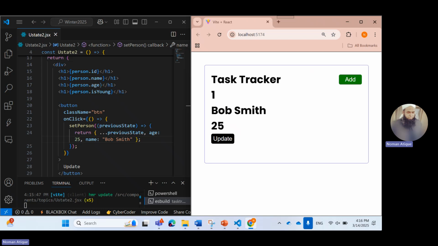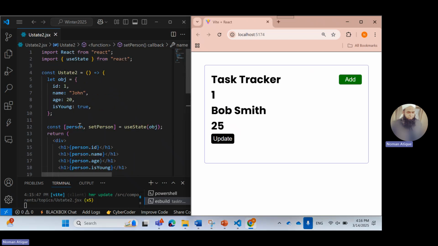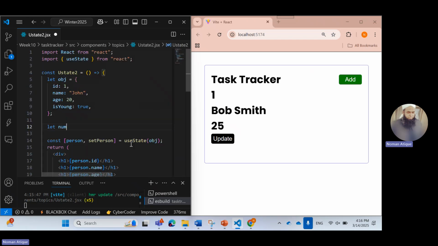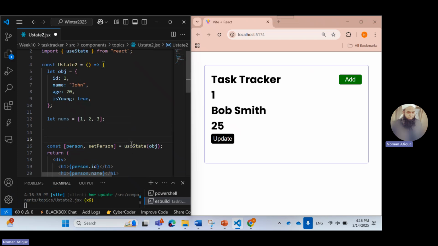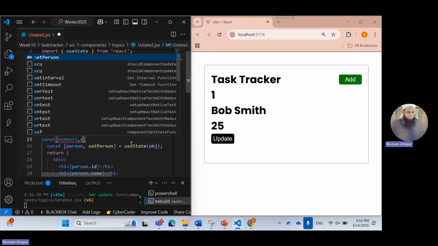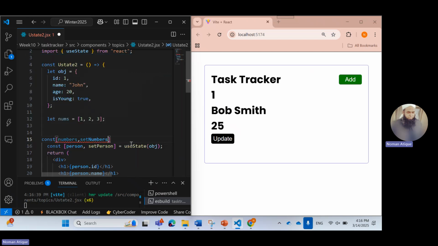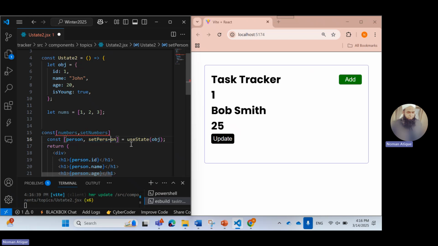Now, just give me one. There's one more example that we have to discuss. Just give me that one, because they are the same. Now, instead of an object, the data is an array. For example, I say nums is equal to 1, 2, 3. This is an array, right? And I create its state variable. Remember the state variable, how can I make that? So I'll say numbers and set numbers, equal to